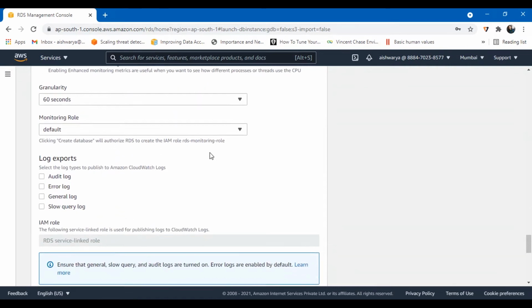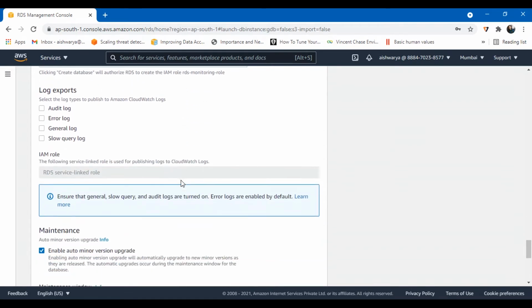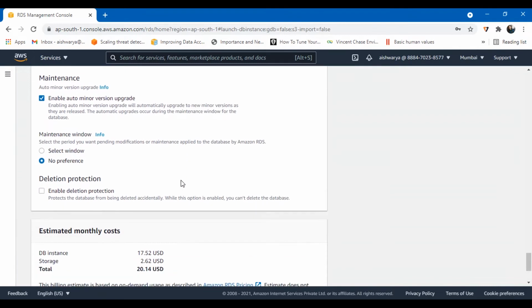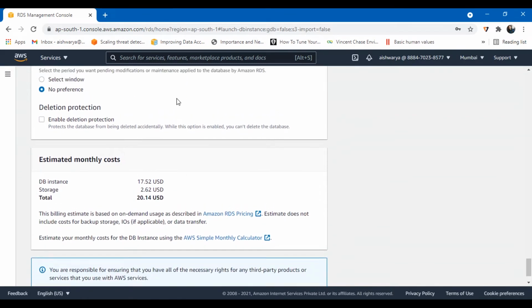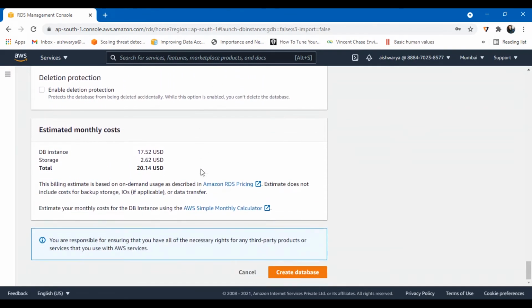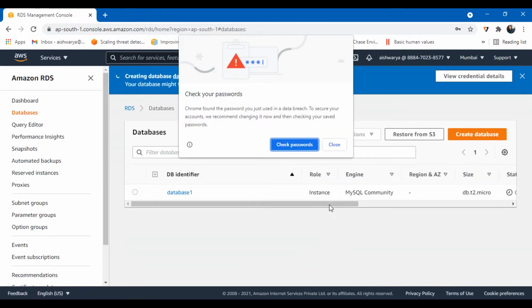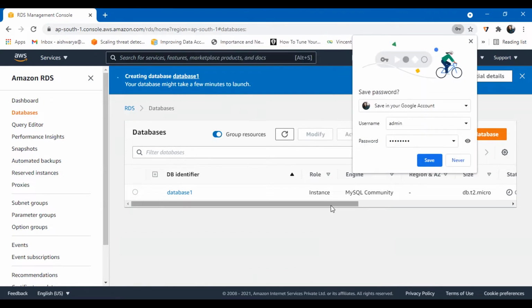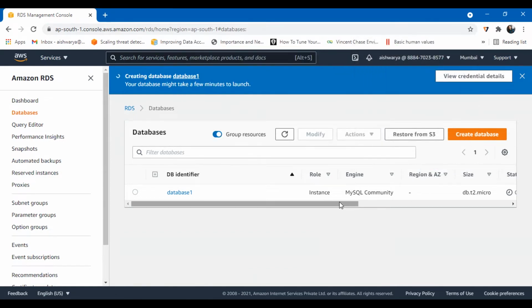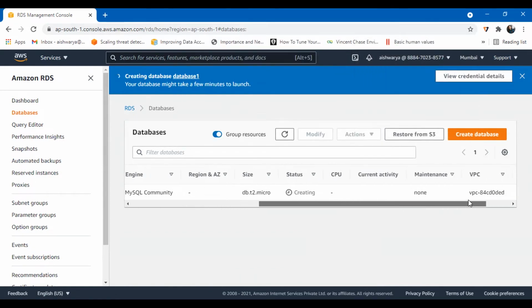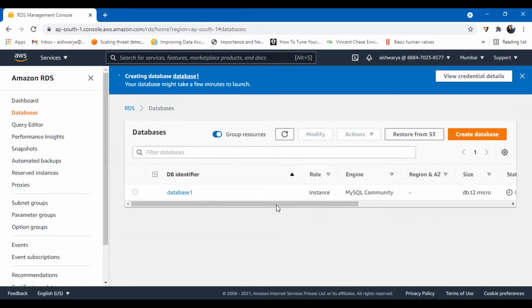Monitoring, let it be. Everything else I can leave as default, and this is it for my DB instance. Here I click on create database. It will take a few moments to become available. Currently it will say it is creating. Let me see the status.